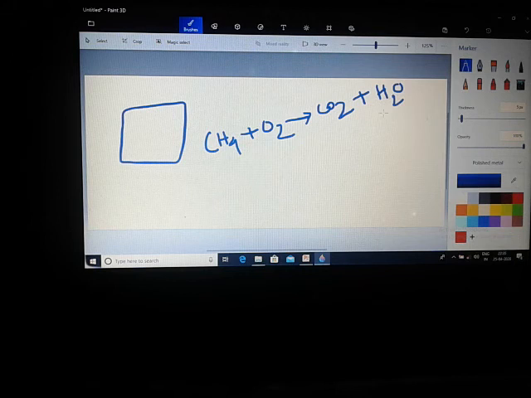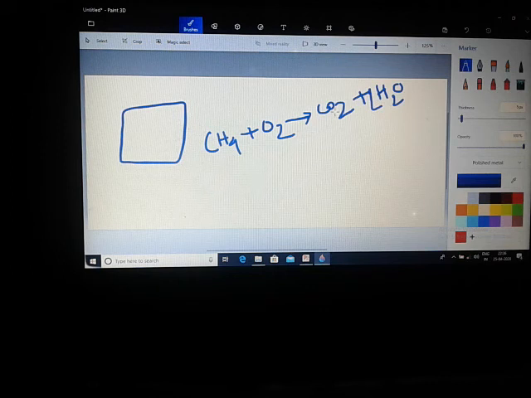So the basic thing of balancing an equation is that we will balance the left hand side atoms with the right hand side atoms. In earlier classes we have discussed how to balance an equation. So here 4 hydrogen atoms are present, and on the right hand side 2 hydrogen atoms are present. So left is 4 and right is 2. We need 2 for balancing the 4. So 2 into 2 is 4, and the left hand side is also 4. That means hydrogen is balanced, carbon is balanced.